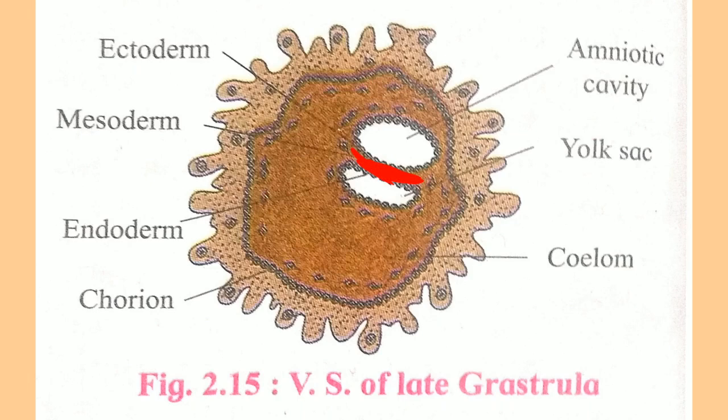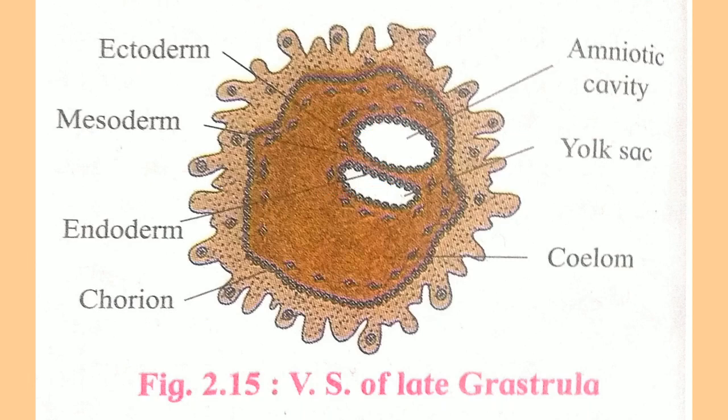It is first in bilayer form and then it converts into the trilayer form. The bilayer embryonic disc converts into a trilayer embryonal disc, and these three layers are ectoderm, endoderm, and mesoderm. Upper is the ectoderm, middle lower is the endoderm, and in between there is presence of the mesoderm. So formation of three germ layers occurs during this phase of gastrulation.